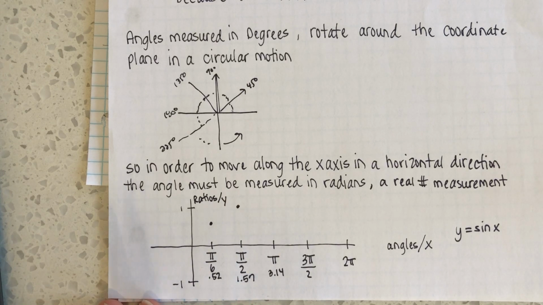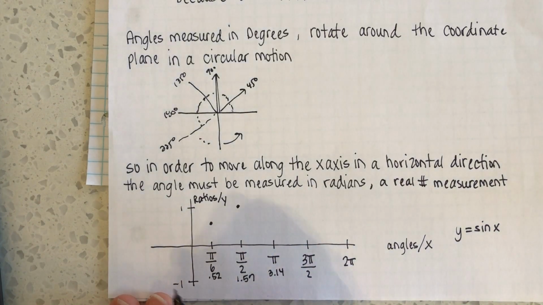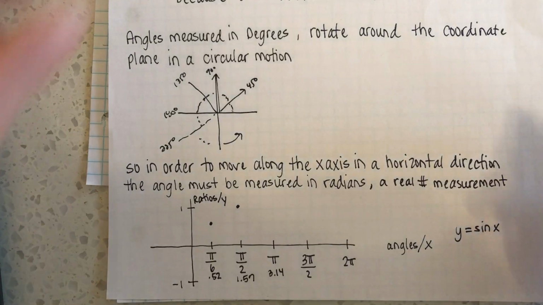0.52, 1.57, 3.14, etc. They're measuring the angles as a real number. And that's going to allow us to travel horizontally along the x-axis by using these real number angle measurements. Okay, so when we graph the